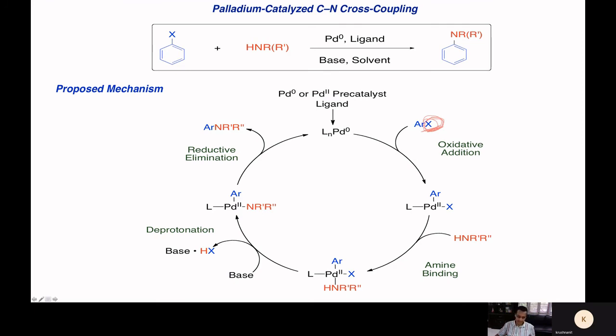Still of course the aryl chloride, bromide, iodide relative reactivity remains, but this is usually a good reaction. Not much trouble happens at the oxidation state. This step is also usually okay, but if you don't choose the right ligand, then any of these steps could